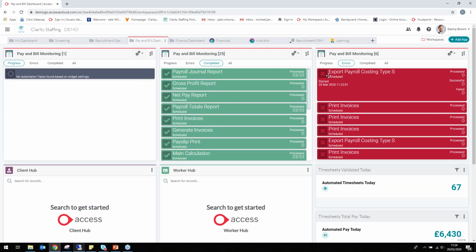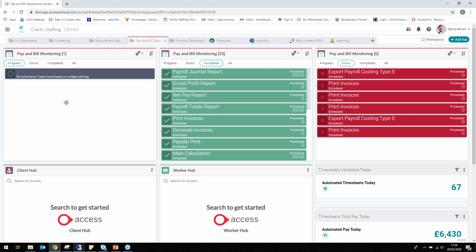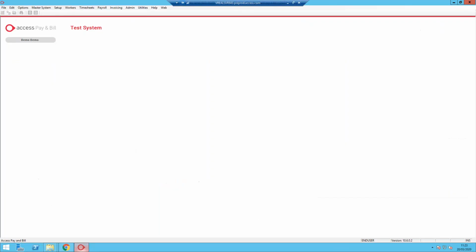However, it seems like there was an issue with my export payroll costing. So then that's where we could start to see straight away what's been successful and what's not, and then we can go in and remedy or rectify anything. So if I go back into